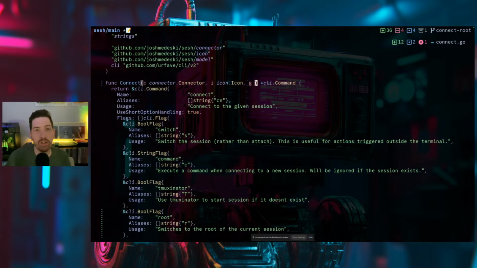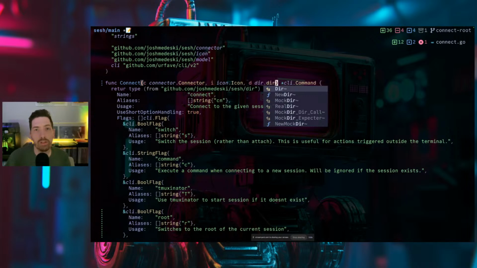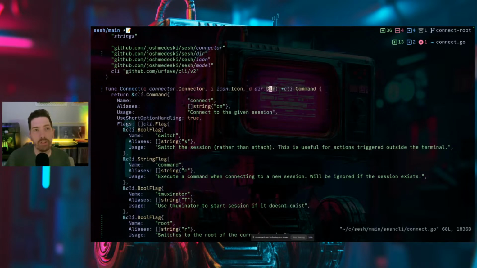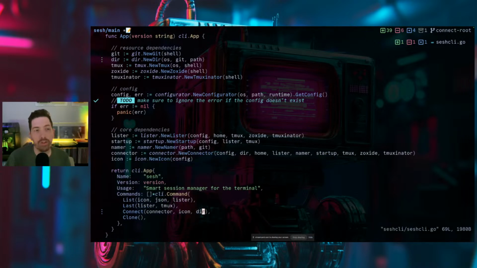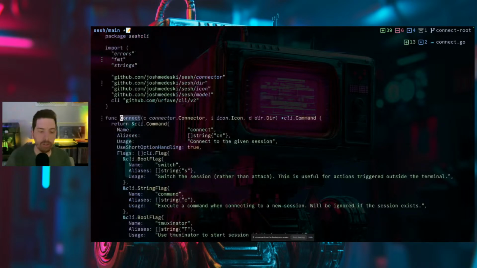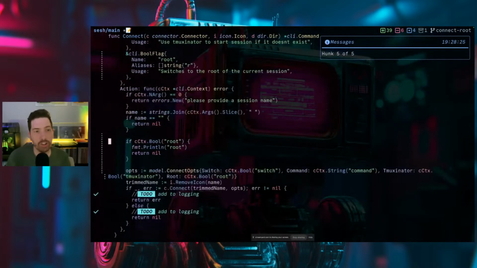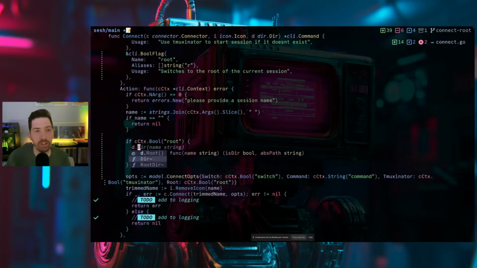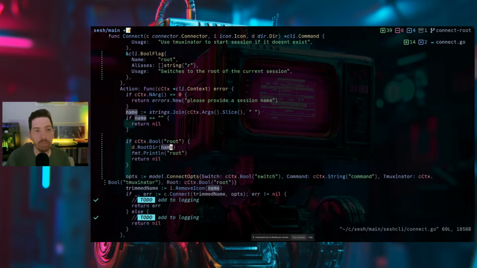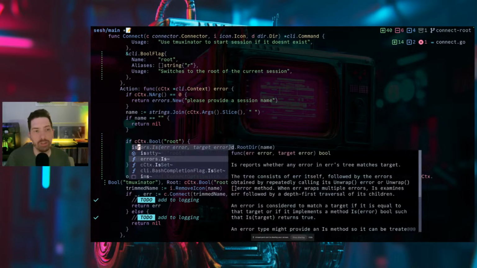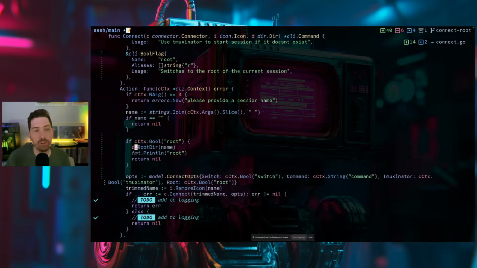G, no, D. All right, so we've got dir, and then we got dir, and then let's go down to the action here. We're going to say D dot root dir of the name, and then is, what do we call this? Has root dir and